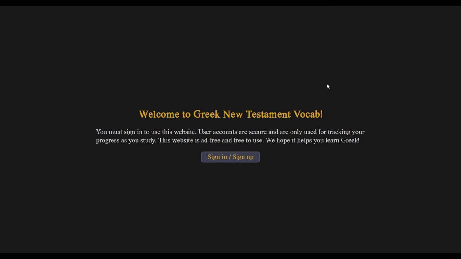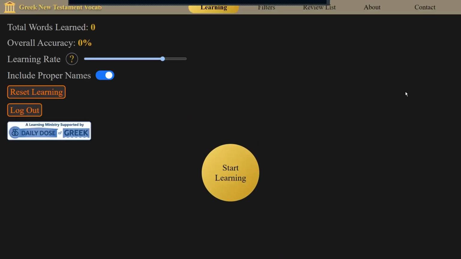So once you've signed up, go ahead and sign into this Greek New Testament vocabulary tool. What we've done here is we've simulated a brand new account. Now, there are lots of things on this screen which may be unfamiliar to you. First of all, it gives you a list of total words learned, your accuracy, and then a slider which we call the learning rate. If you're a new user to gntvocab.com, it will be set to around 80%, which means